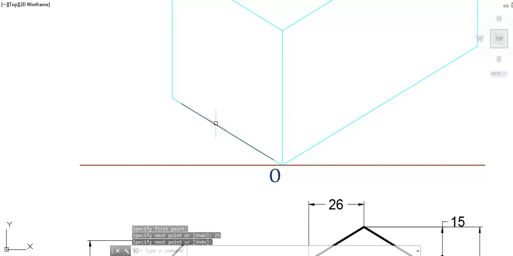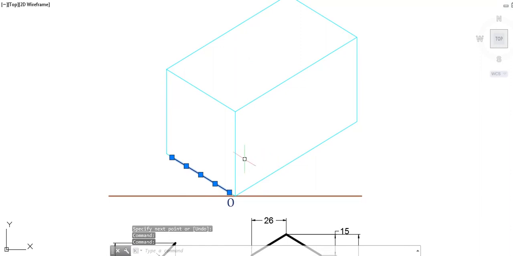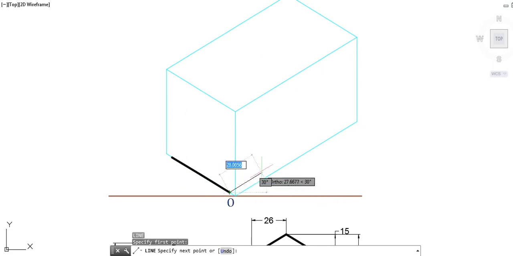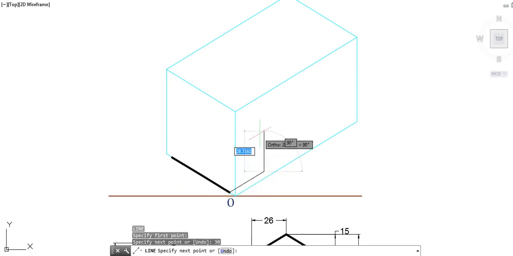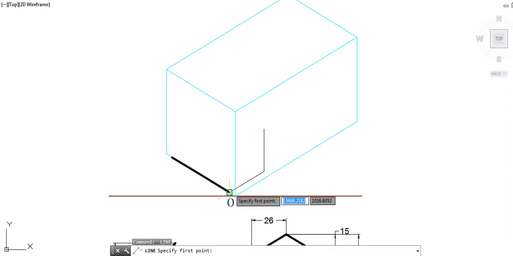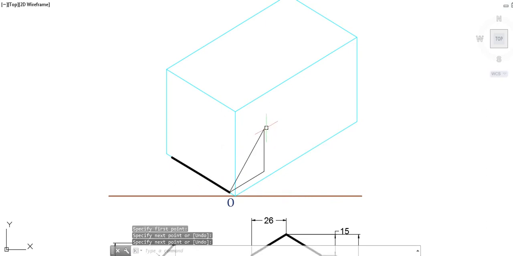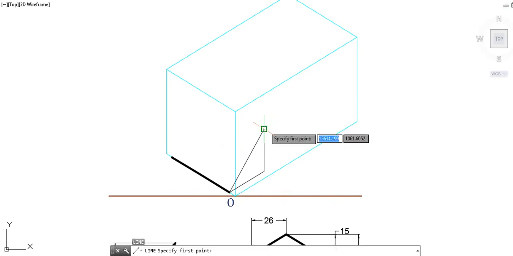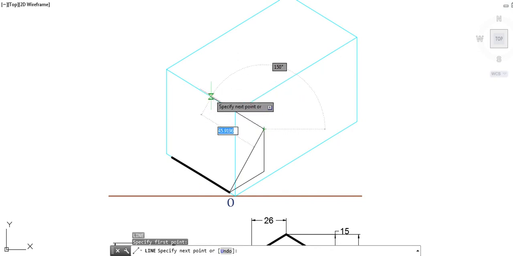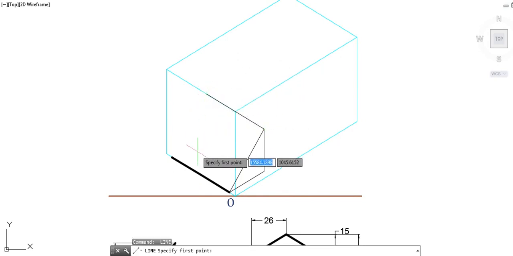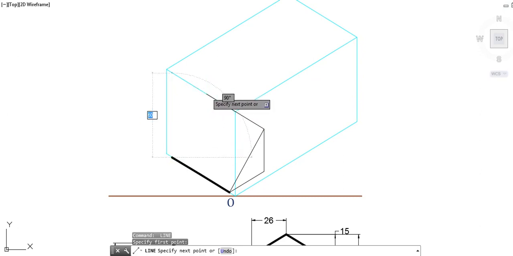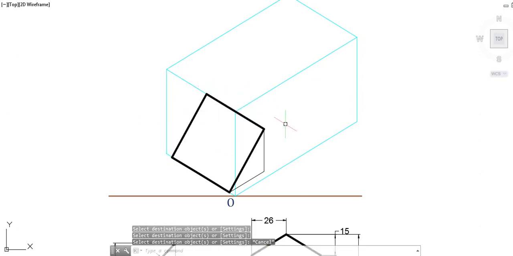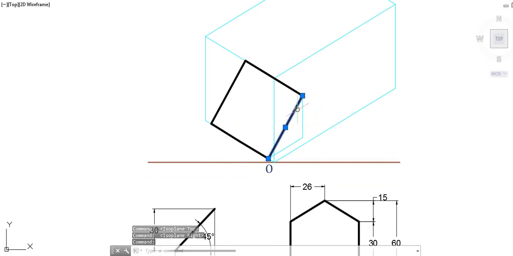Now since I know that they are going to be thick in nature, I'll make the lines darker. Then as it was stated earlier, I am going inside by 30 millimeter and then above by 30. Next thing I have to do is join these 2 points, and I will draw another line of 50 millimeter dimension, and to which I'll join this particular point. So as we can say, we have obtained these 3 lines for us.